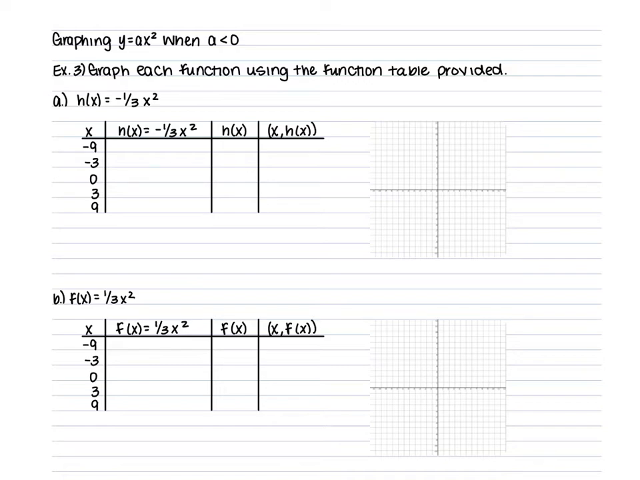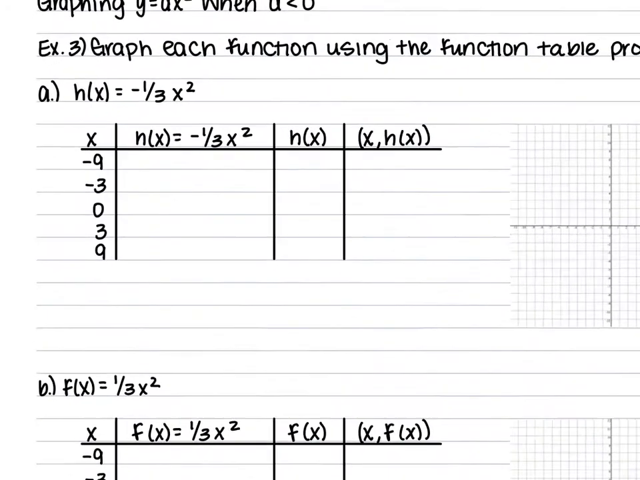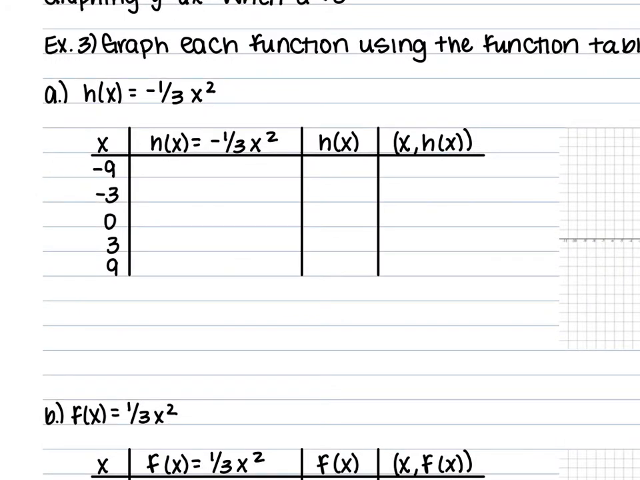For these, we have negative 9, negative 3, 0, 3, and 9 for our x values. If you wanted to use negative 6 and positive 6 as well, you can do that also. It's totally up to you. It's definitely going to work. So let's do that. Let's do negative 6 and positive 6, so that way we're not working with such larger